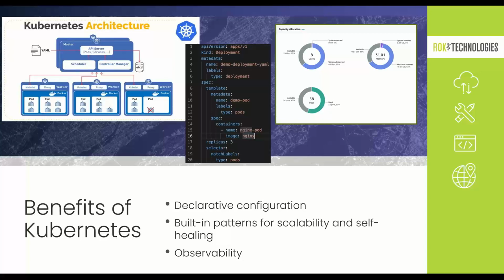And another big key here is observability. So Kubernetes itself doesn't come packaged with a nice GUI like Windows does. But underneath the hood, the containers and other system components produce standardized metrics. These metrics can be consumed with tools like Prometheus and displayed with a service like Grafana. Each cloud provider has its own flavor of Kubernetes, and these metrics are also consumed by them. And this really increases observability into a complex system.